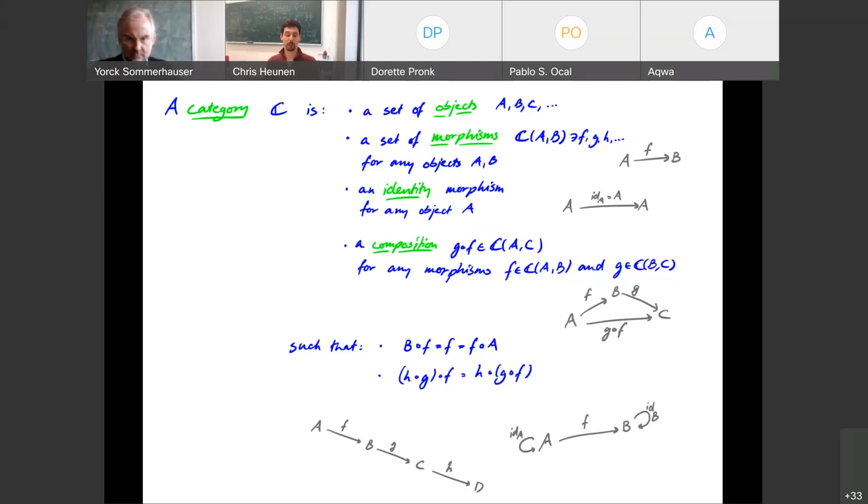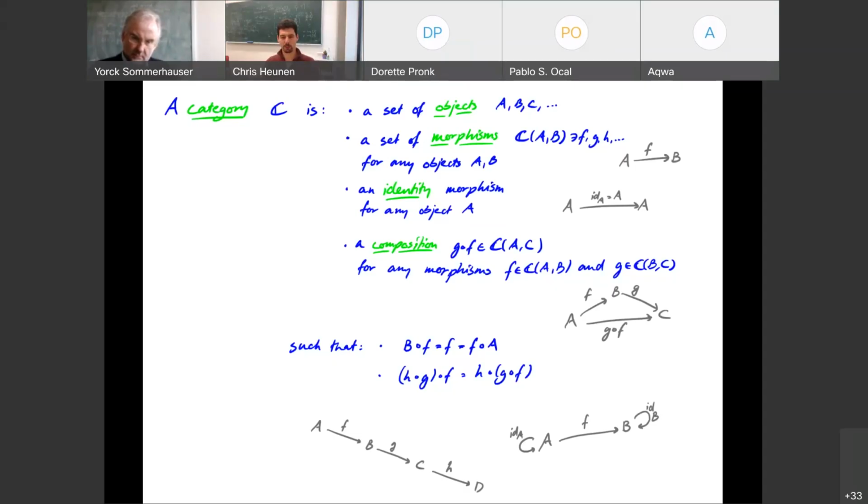And now I can say what it means to do nothing, because all of this data has to satisfy 2 requirements. The first one here is the identity law that says if I have a morphism f that goes from A to B, then doing f should be the same as first doing f and then doing the identity on B, or it should be the same as first doing the identity on A and then doing f itself. So first doing nothing, then f is the same as f, is the same as f and then doing nothing. And just to set notation here, you'll notice that by identity morphisms, I will sometimes write little id subscript A for the object that they live on. But often I will just write the object itself as a name for the identity on the object.